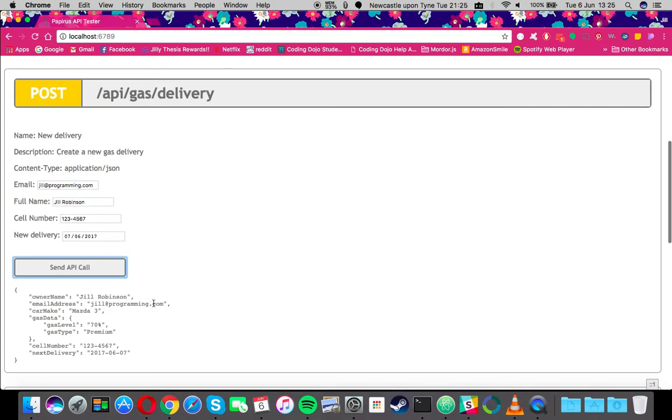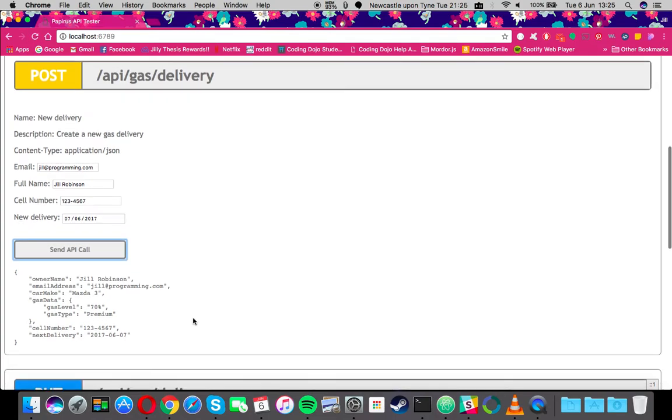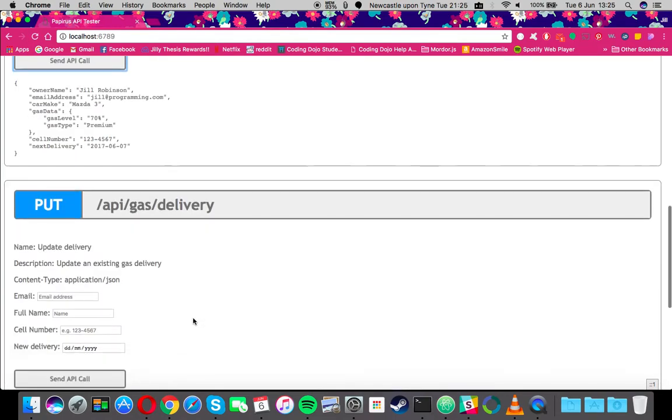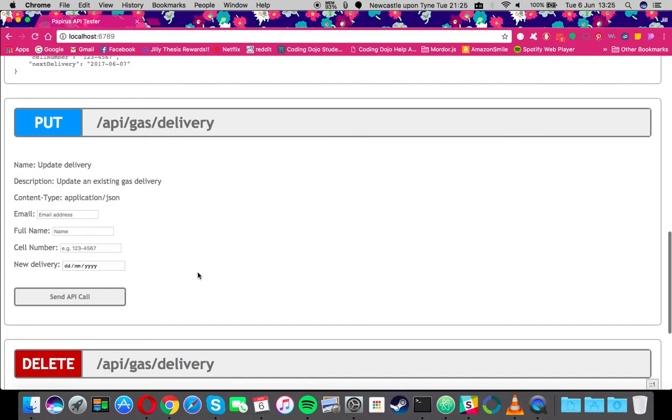So it's updated my email address. I have the same information about owner name, car make, and car gas level and things. And then I've also scheduled this delivery as well for tomorrow, the 7th of June. So for the put request that I have for the put route, this is to update an existing gas delivery. So if I do the same thing again, if I say just change my email address back again, just to show that it all works properly,